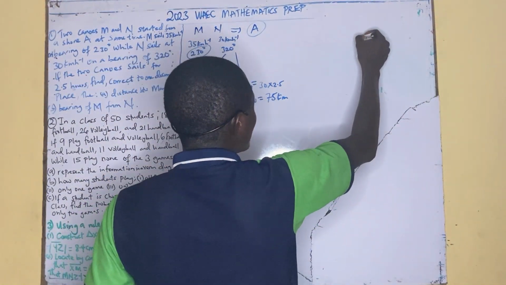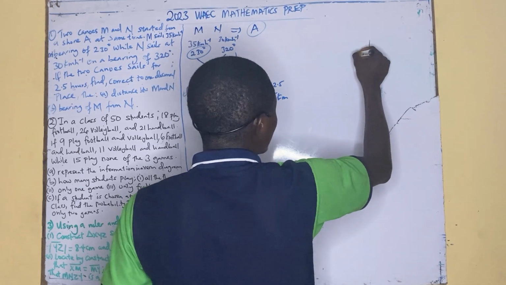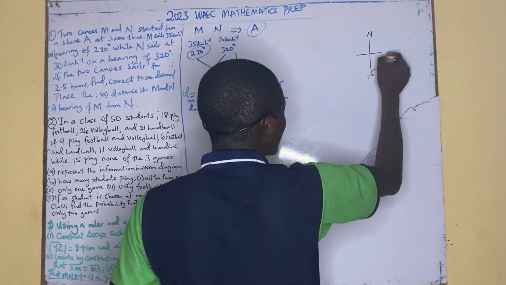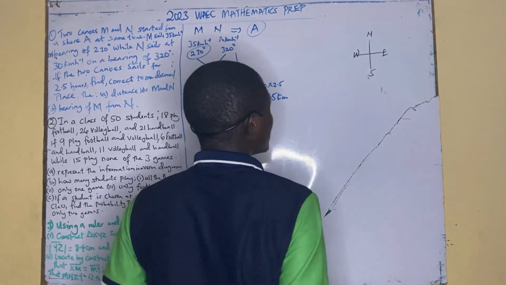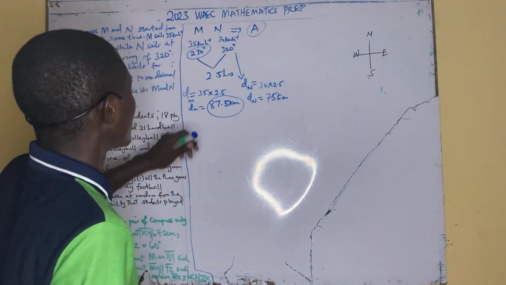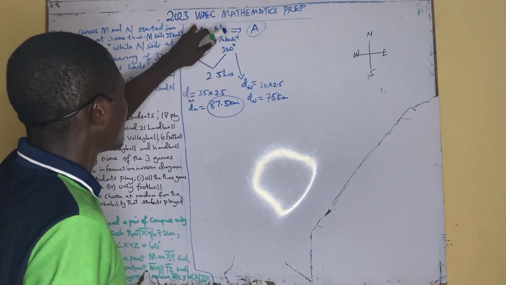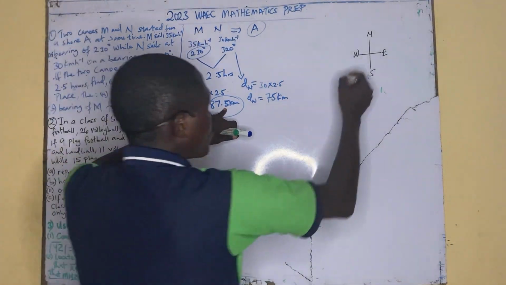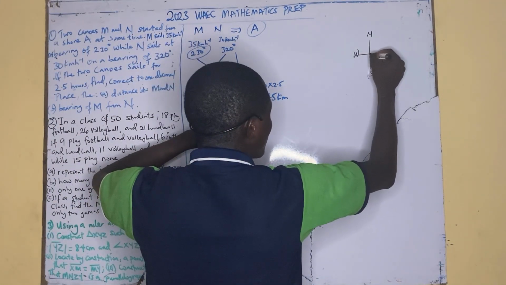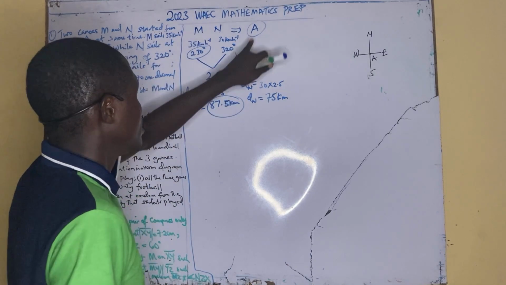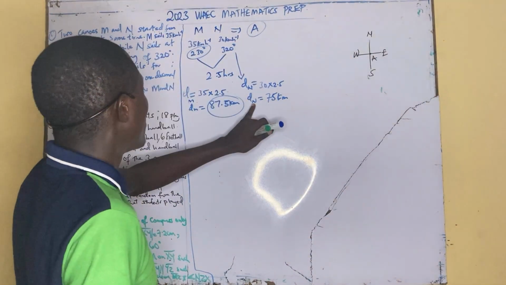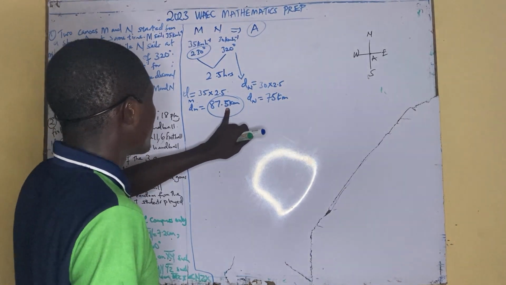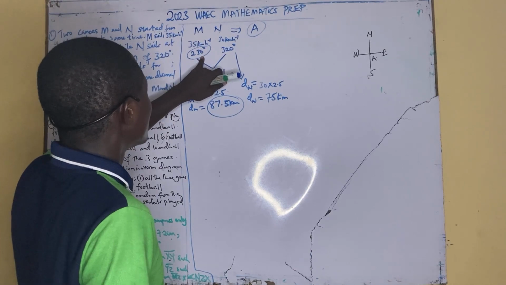So the first thing is to draw the 4 cardinal points: the north, the south, the east, and the west. You don't need to worry. I'm just trying to write this so as to get the proper explanation of what they are trying to paint. Now we have M has covered 87.5 kilometers from point A. Don't forget, this seashore is point A, because they are both leaving from the shore A. Now they said M travels a distance of 87.5 kilometers in direction of